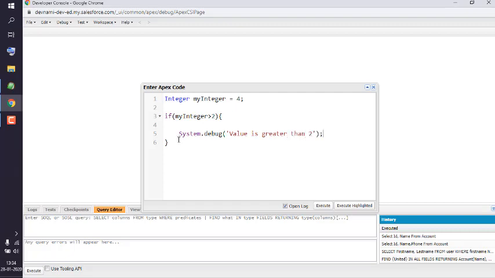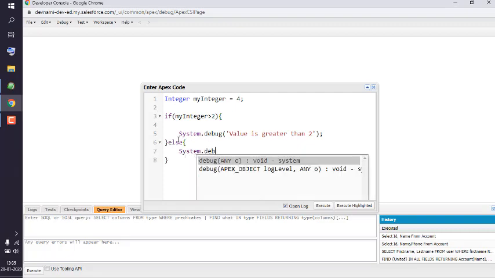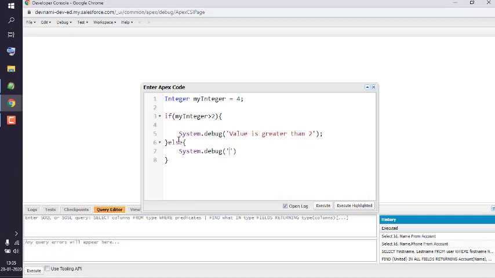Make sure to end it with semicolon, and in else, which may not execute, you can add system.debug value is less than 2. Make sure to add semicolon again. Now click on execute button,